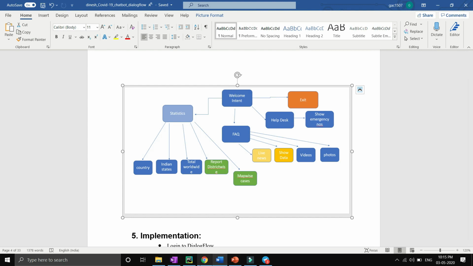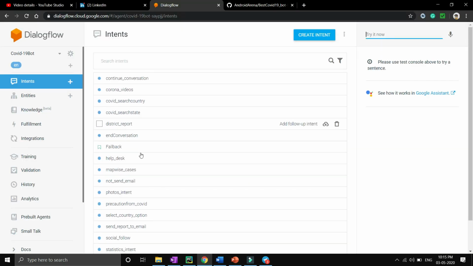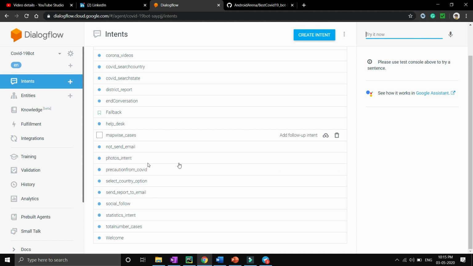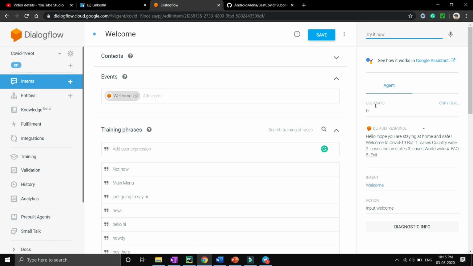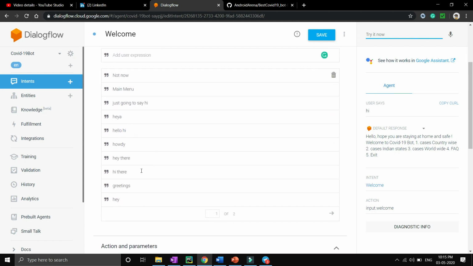So let's go to Dialogflow. After importing, you will be able to see all these intents. Click on the welcome intent. You will see the training phrases option. Whenever a user comes to your chatbot and types hi, your welcome intent is trained for that, because hi is in my training phrases.